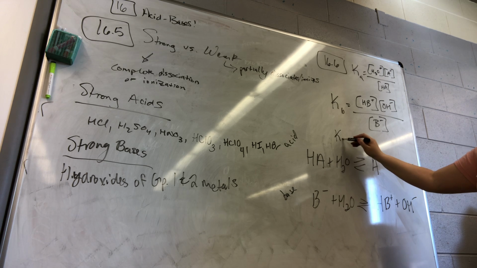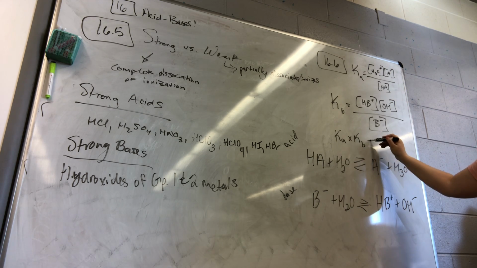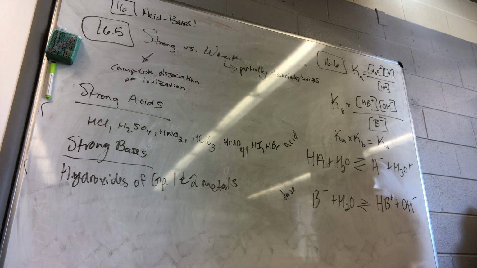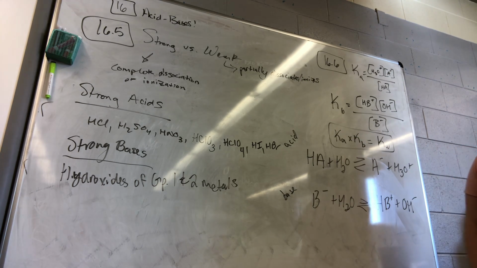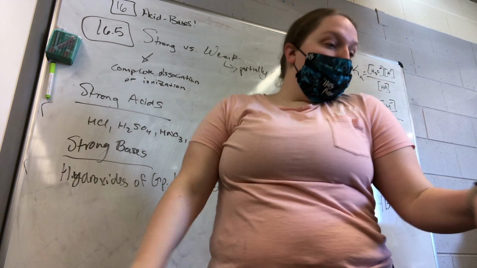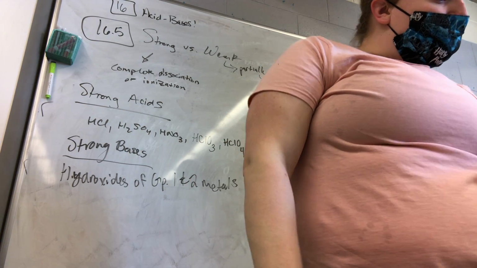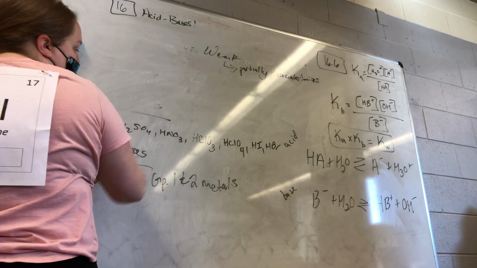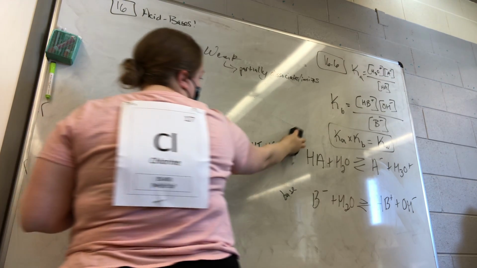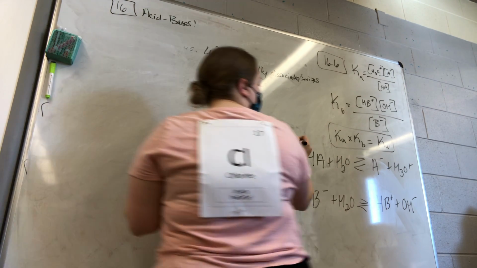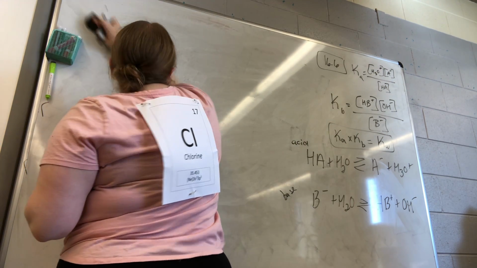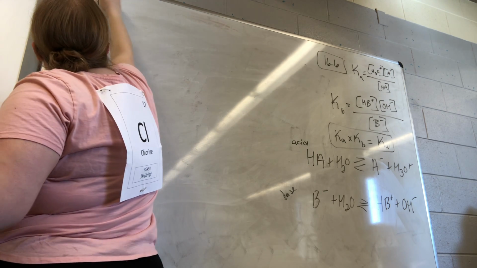This section also said, if you multiply the two, what do you get? Anybody remember? Kw. If you multiply Ka times Kb, you get Kw, which is that 1.0 times 10 to the negative 14th. You'll be given the formulas you need. That's a constant. You get constants and you get formulas. Okay. All right. Next up is